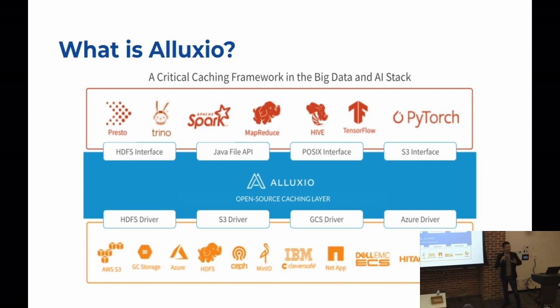Nowadays we mostly have super huge data sets. The traditional caches, like Memcached or Redis, might not be big enough for our data. So then we have Alluxio. You can put Alluxio in the middle, and you can have all this kind of storage.